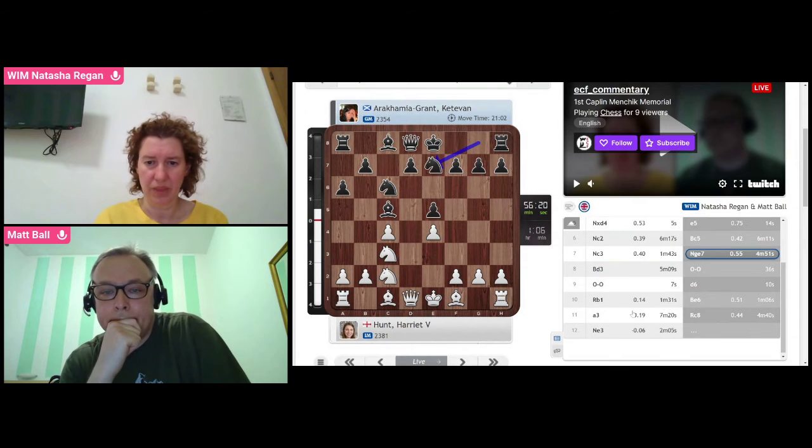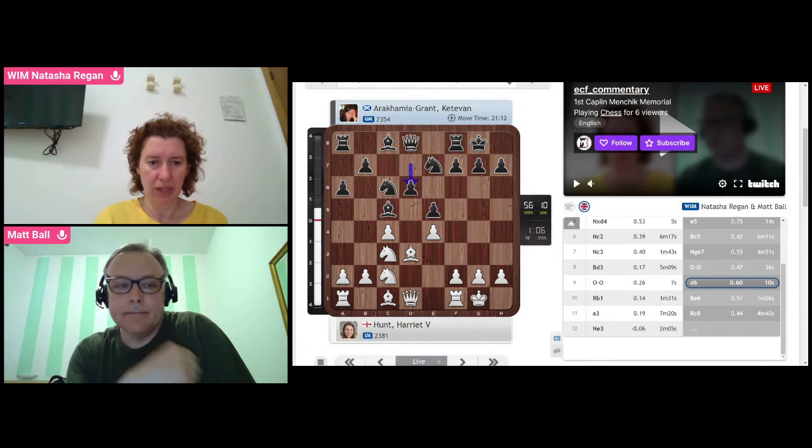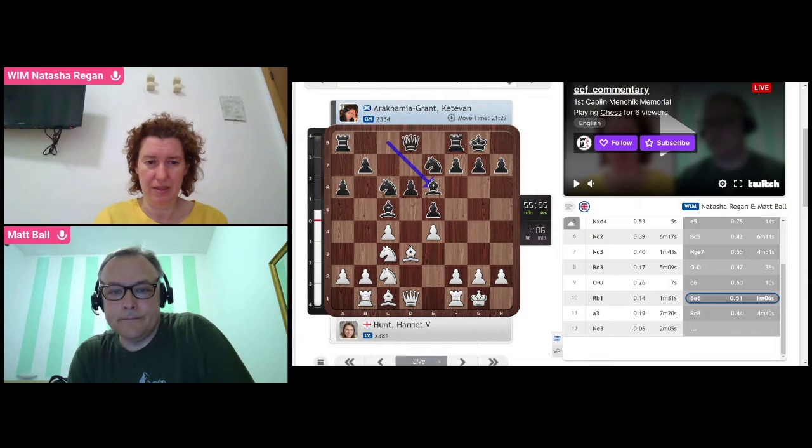Okay, Knight G7, Bishop D3, and castle, and D6. Rook B1. So Harriet wants to try and get in like A3, B4, and then potentially even C5 at some point. Bishop E6,